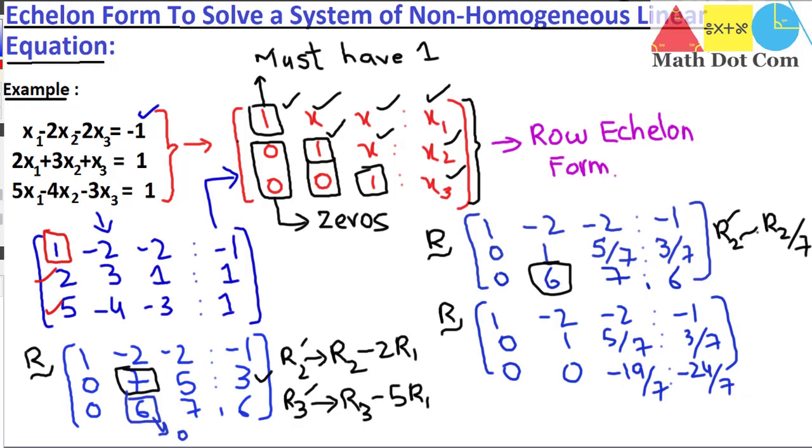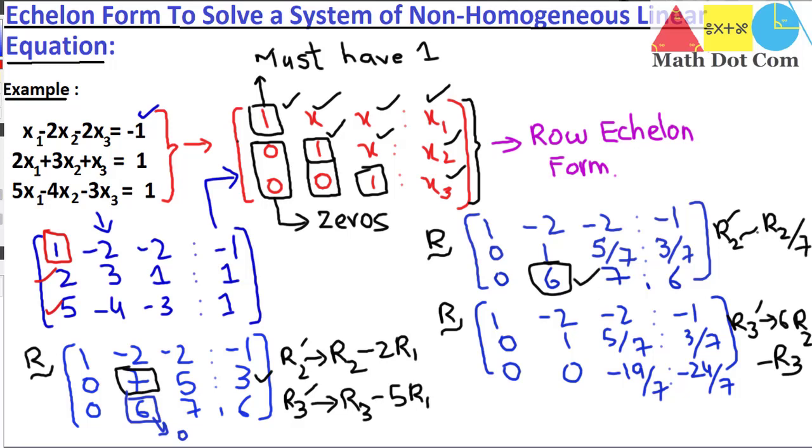And what row operation have we applied here? We have applied R3 dash equals 6R2 minus R3. By applying this operation, we have a change in the third row: we multiply the second row with 6 and subtract the third row from it,